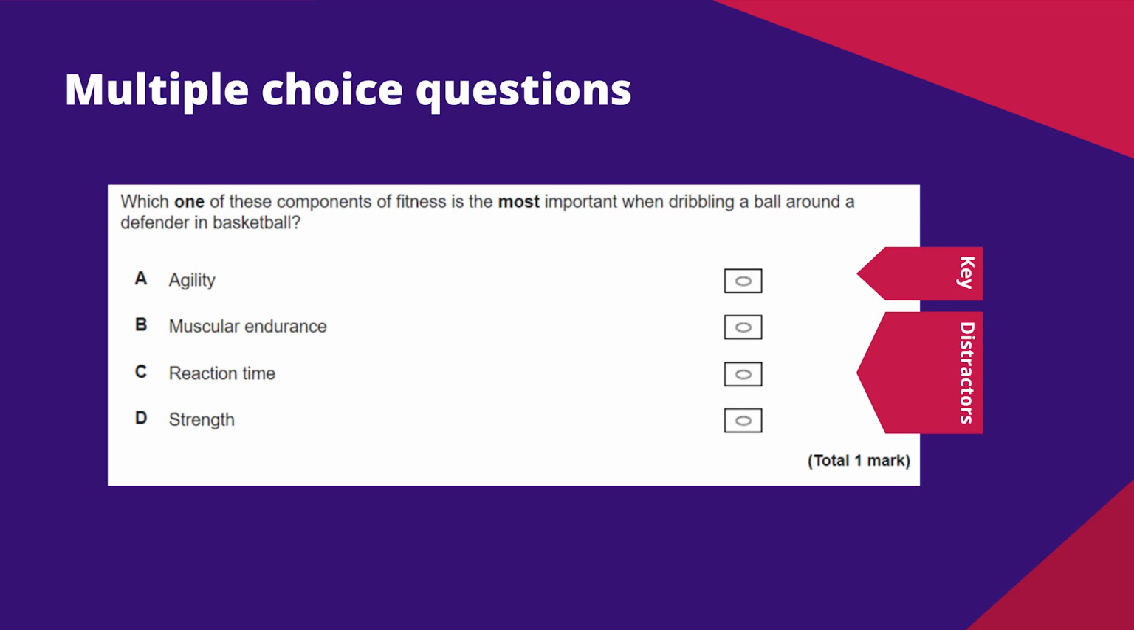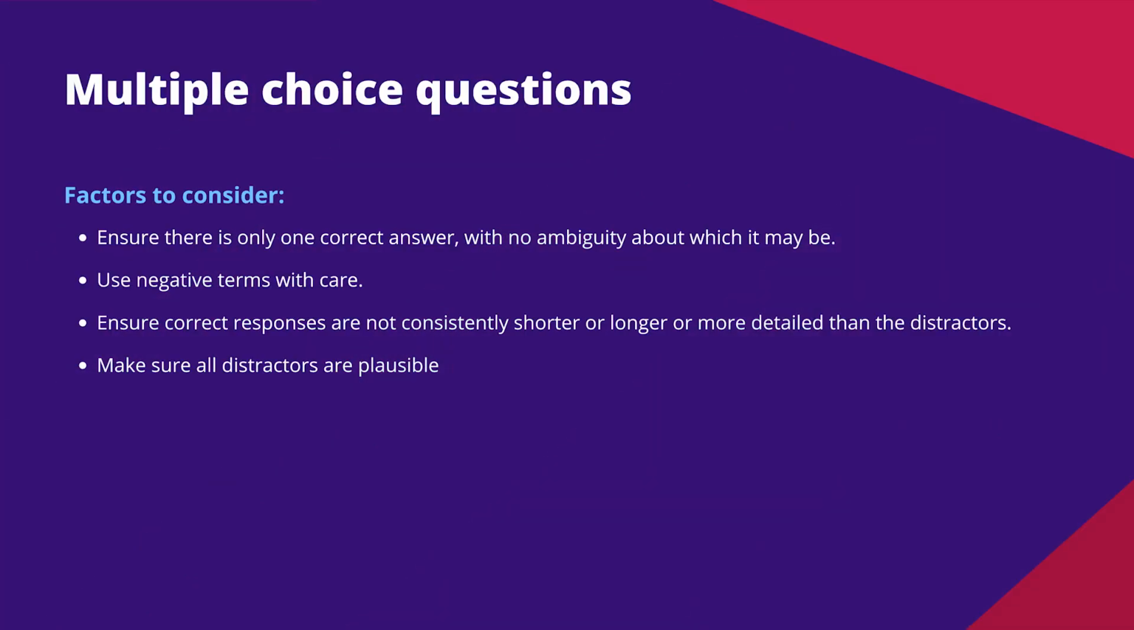The correct answer is known as the key, and the incorrect answers are called distractors. 3 or 4 options are usually provided, including the key. These options are presented in alphabetical or numerical order. There are several factors which must be considered to write an effective multiple choice question. These include ensuring that there is only one correct answer with no ambiguity about which it may be,